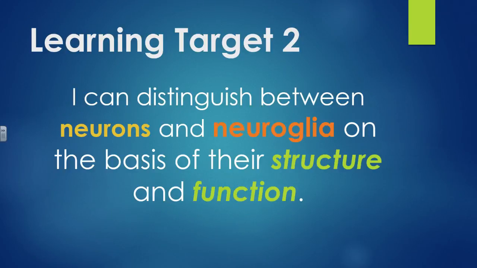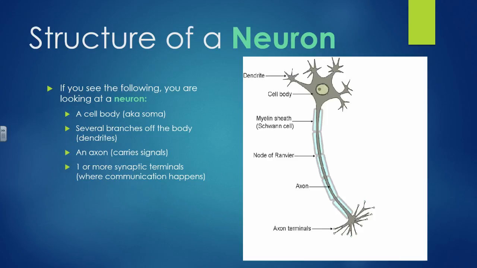So in the next two videos, we're going to be covering Learning Target 2, which is going to involve distinguishing between neurons and neuroglia on the basis of their structure and function, distinguishing different types of neurons from one another and different types of neuroglia from one another. So in this first video, we're going to be just talking about neurons,